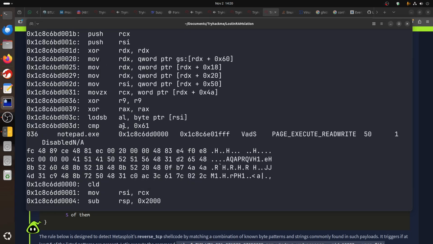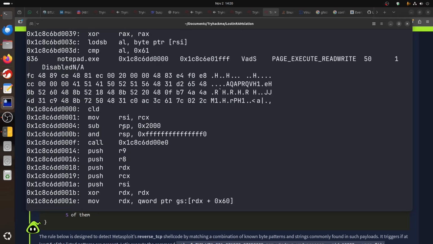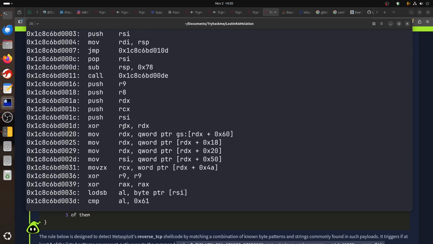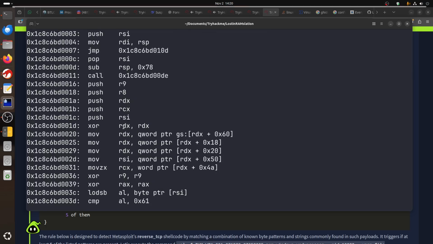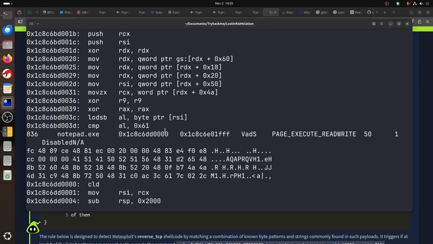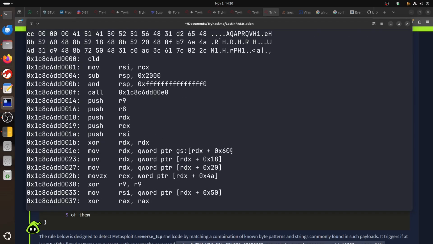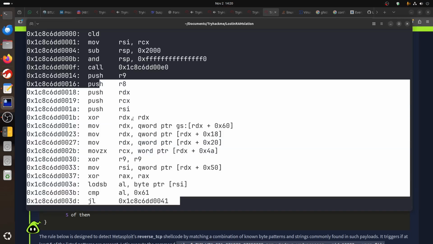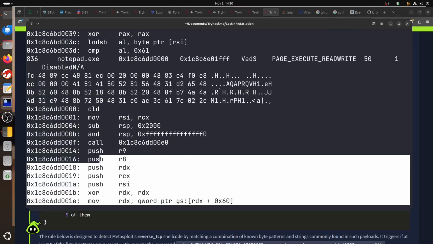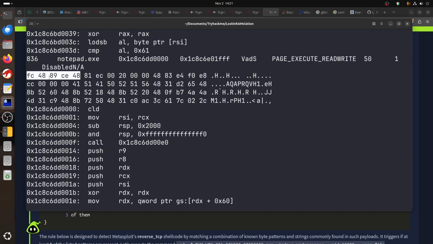If you look in the second one, it's more, I don't know how to explain, but this is where the real shellcode is. This is the Meterpreter, and these are the first 5 bytes: FC4889 CE48. This is the answer for